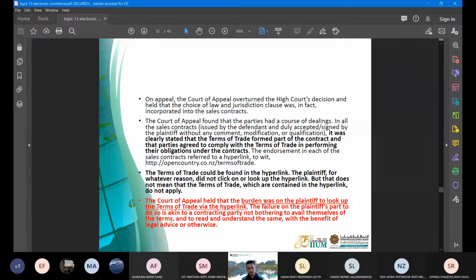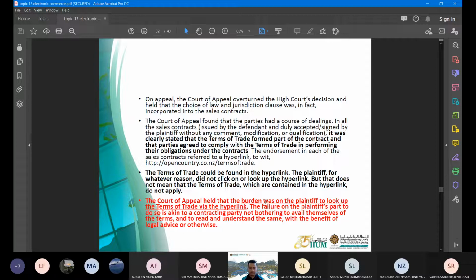when the matter was referred to the Court of Appeal, the Court of Appeal found that the parties had several courses of dealing already. So now the plaintiff cannot say that they don't know about the terms of the contract because they have been dealing with each other. How can they not know that New Zealand law binds them? Something like that. Yeah. So now here it is clearly stated in the terms that the parties agreed to